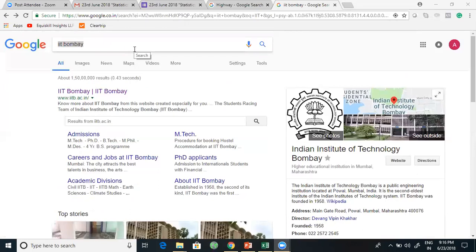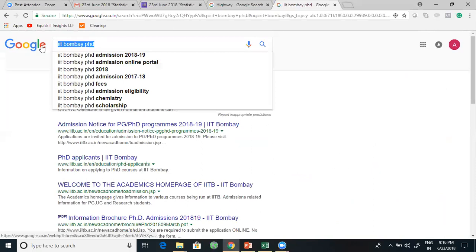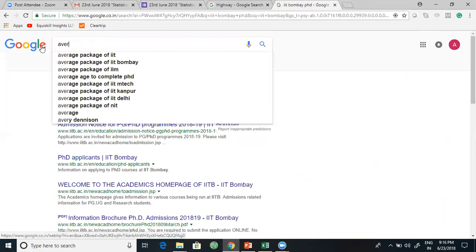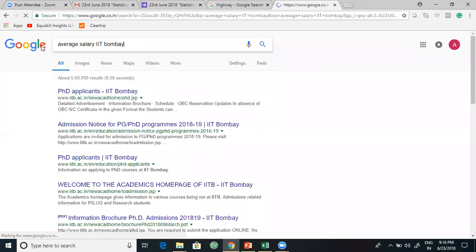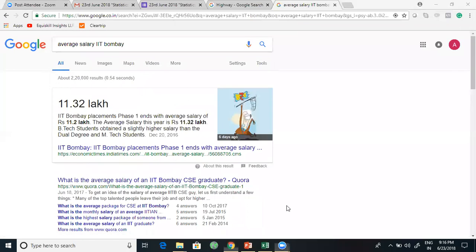This is where a lot of people use the mean and they say, oh okay, everyone knows the average. So instead of mean, everyone just says the average salary at IIT Bombay. And the moment you say average salary IIT Bombay, Google gives you some results, and right away, Google says